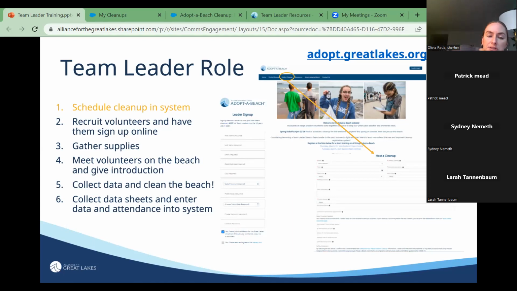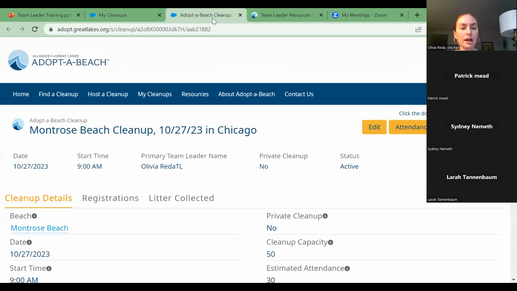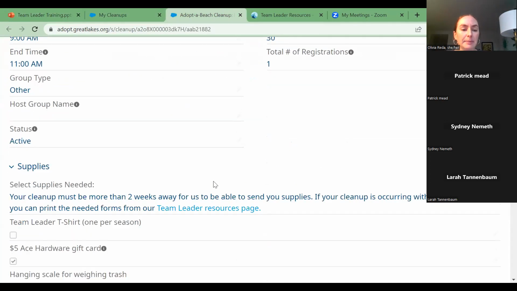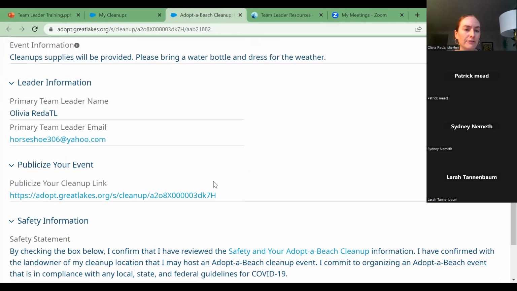Okay, so the next step is you'll want to recruit volunteers and have them sign up online. So going back to that cleanup details page right here, you can at any time send your registration link directly to participants. So if you scroll down, you'll see a spot that says publicize your cleanup. And this link here,